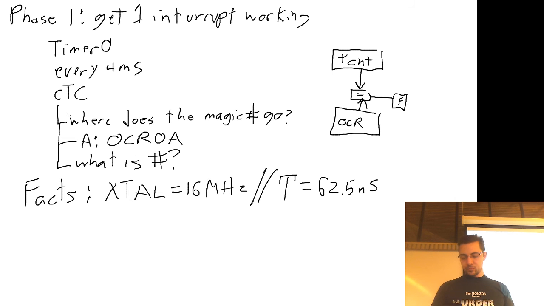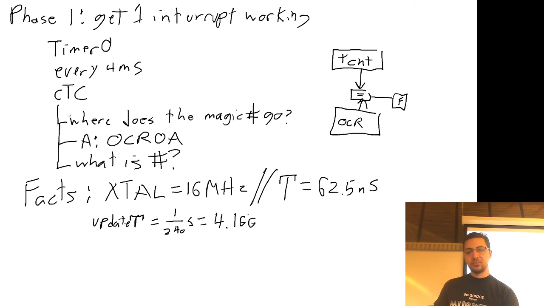We know that we want 240th of a second, which means that we want our update period to be 1 over 240 seconds, which is 4.166 repeating milliseconds. So how many ticks is that? Well, I can take this 4.166 milliseconds and divide it by 62.5 nanoseconds. That means that my total number of ticks